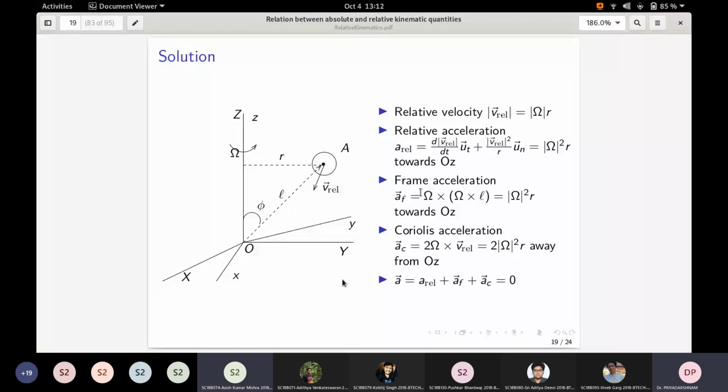So then will it measure this frame acceleration only? Yeah, it will probably measure only the frame acceleration, because all other components are related to where the particle is and things like that. That is how it appears. So let us do this thought experiment: you keep an accelerometer on the surface of the earth at the equator. What is it expected to measure? Is it expected to measure inward force or outward force? Assume that g is 0.